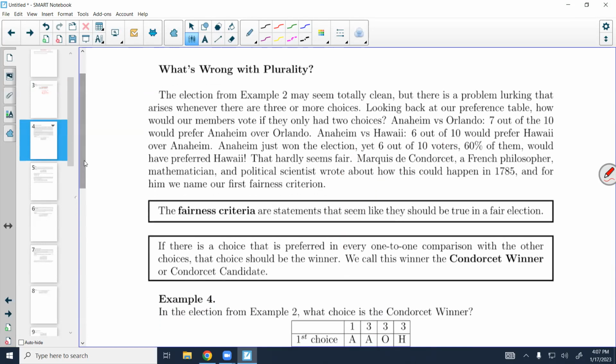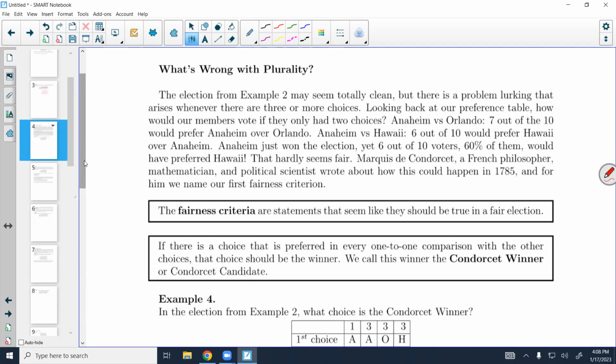So plurality sounds great. It's what we use more or less. We don't rank our choices, but we pick who we want first, and whoever has the most choices wins. Now, the election from example 2 may seem totally clean, but there is a problem lurking that arises whenever there